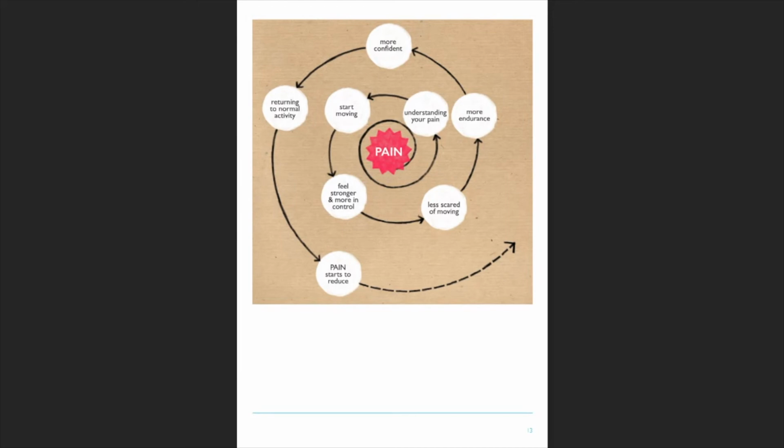You don't need to do movement or exercise. That's something that I would always put in every program that I'm working with somebody. But understanding and liberating someone to an understanding that empowers them to do things away from us, because they can then start moving and feel stronger and more confident. Less fear, then they can develop endurance, they can develop confidence, return to the things that they are. It's really going to be important for me to return back to deadlifting as soon as I can. And then this upward spiral just becomes self-fulfilling.